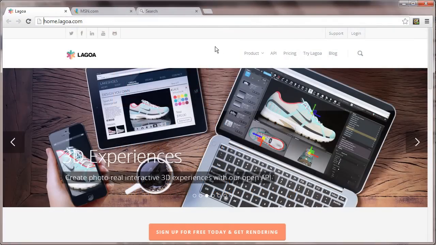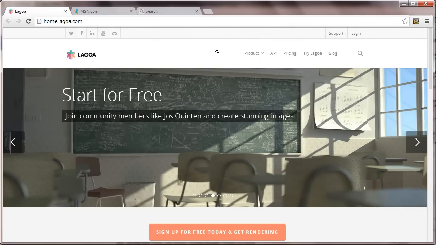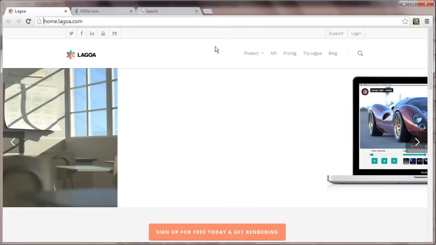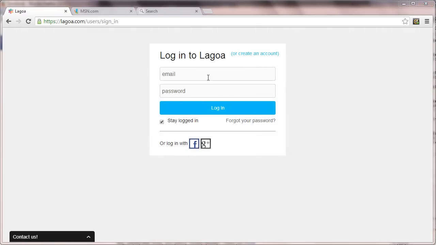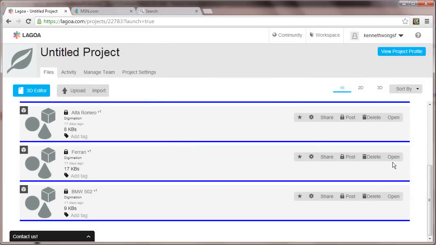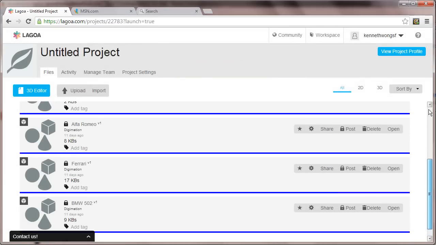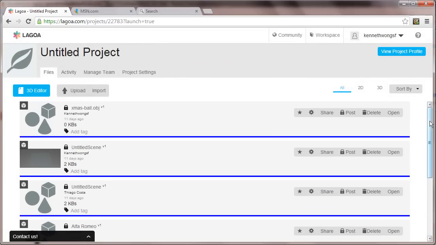Recently, cloud-hosted rendering program Lagoa has been making a lot of headlines, first with a partnership with GrabCAD, later with another partnership with SpaceClaim. Lagoa is what you might call software as a service, so it needs no installation in your computer. You sign up for credentials, get your login and password, and you're ready to start your first rendering